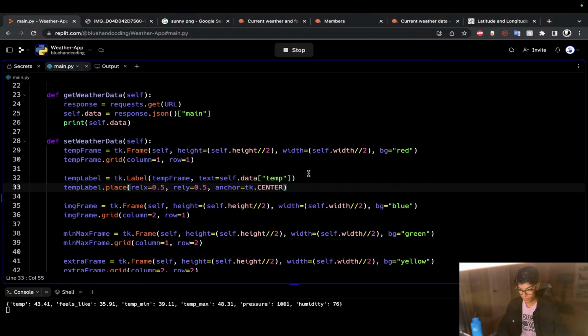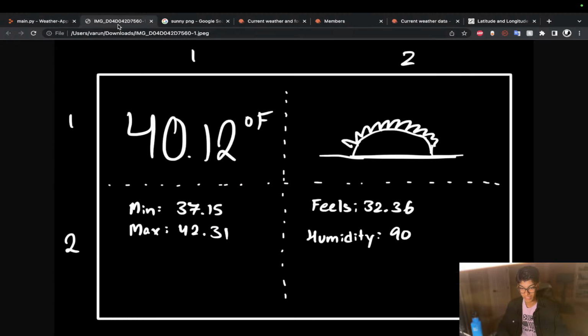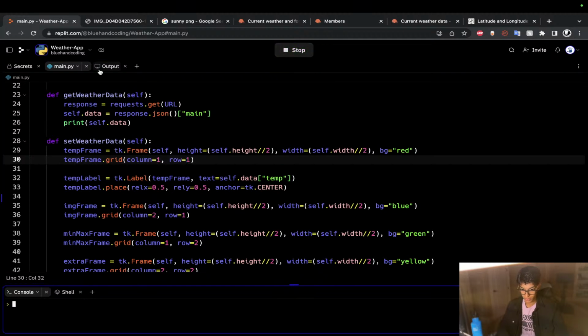Okay, I know this part is pretty straightforward, but you know how our temp frames wouldn't actually show up unless we put them into the grid? Well, with putting our labels within our frames, we want it to be dead center. So in order to have it centered, we need to put it halfway in, halfway down, and then center it at the middle. So if we run this, we can see